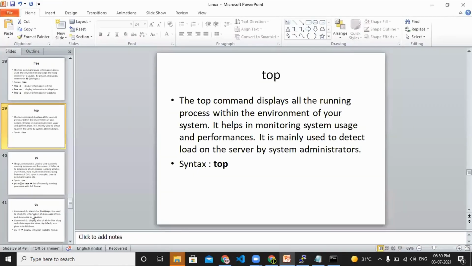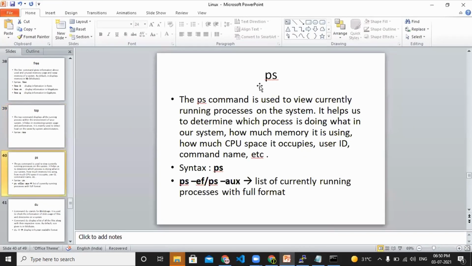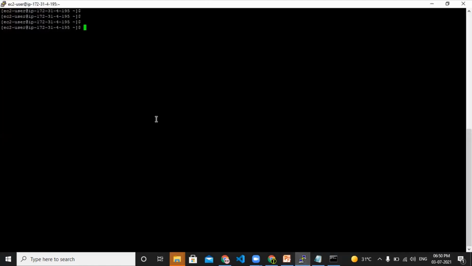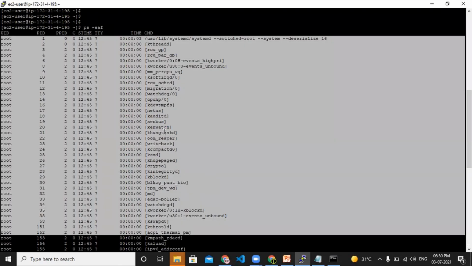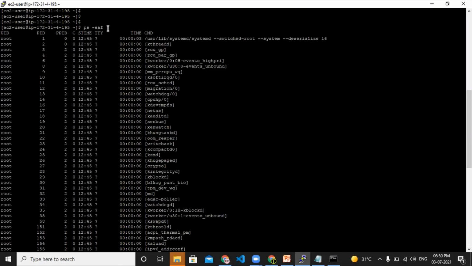Next, I have ps. We already discussed this when we were going to kill a process: ps is the command to check a process. ps -ef will give you the list of all the processes running inside the system. If you want a particular process, you add a pipe symbol and grep the particular process name, and then you will get that process ID.